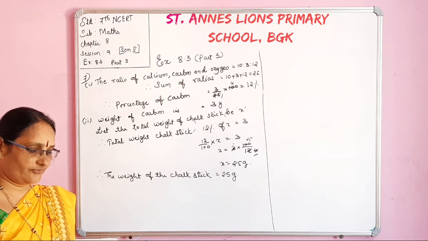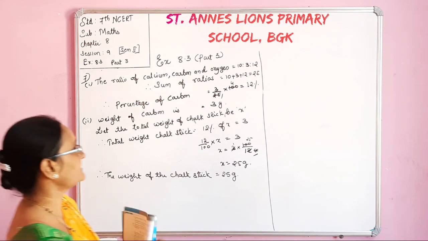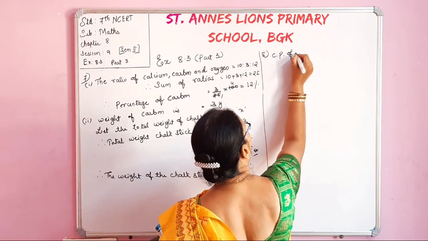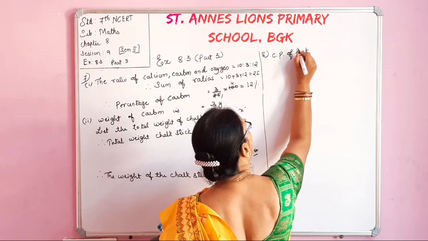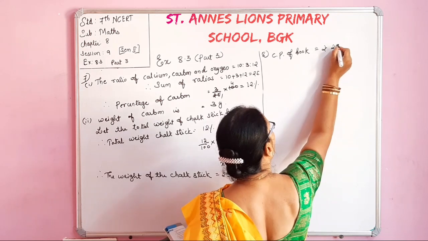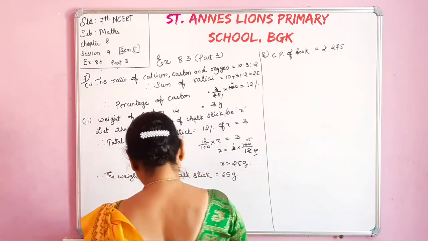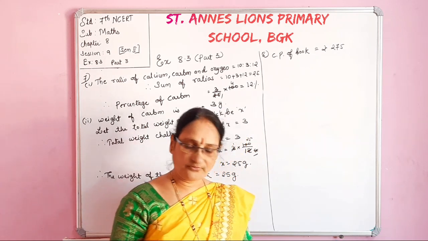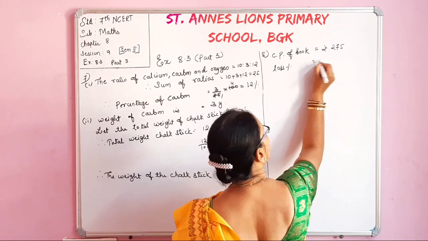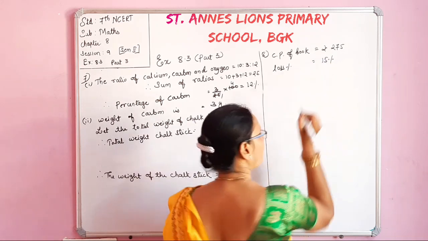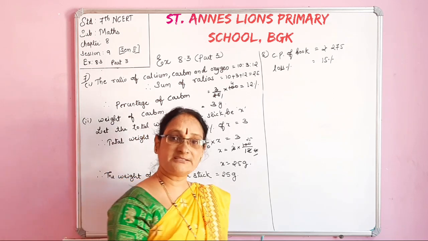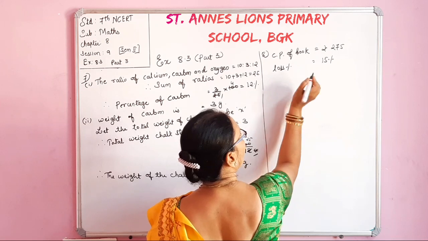Amina buys a book for rupees 275. Buys means cost price it is. 8th one. What is the cost price of the book? 275 is equal to rupees 275. Okay. And sells it at a loss of 15%. Loss percent they have given. Loss percent is equal to 15% they have given. How much does she sell it? SP we have to find out. First we have to find out what is the loss.